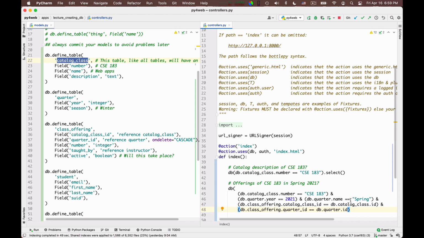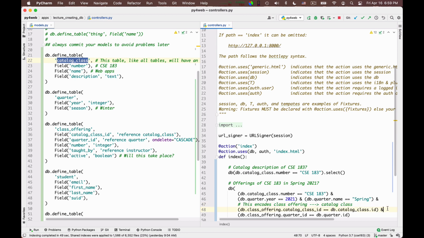Okay, so this essentially, maybe I should add some comment here. This encodes the arrow that goes from class offering to catalog class.